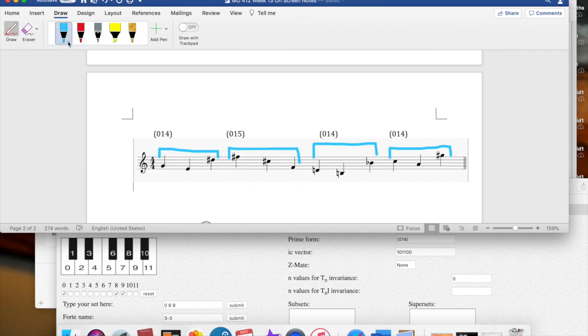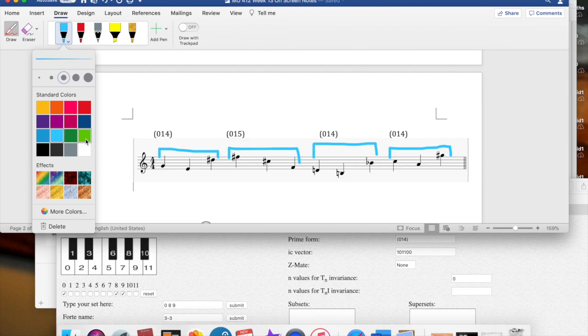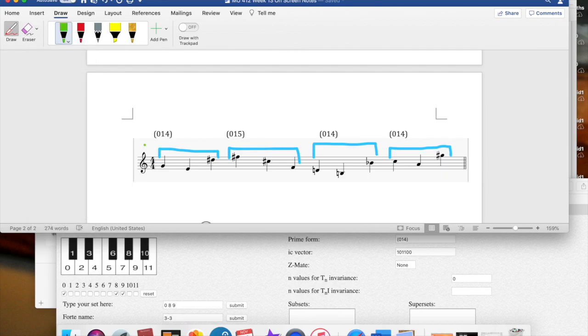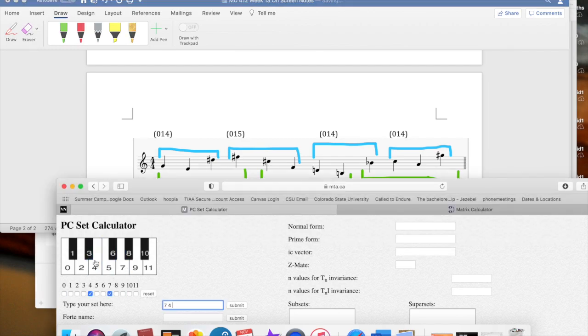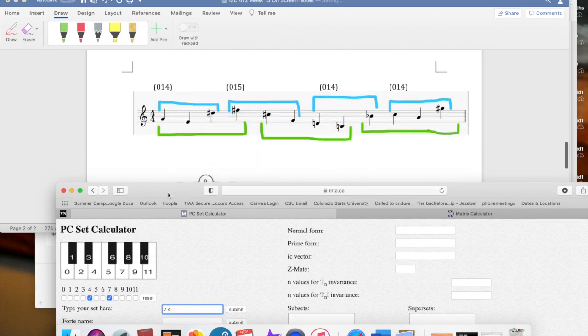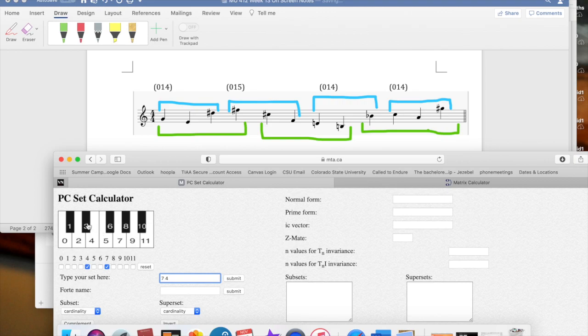So let's pick a different color now. Let's try this light green color and look at the tetrachords, of which there are 3. Okay, and now I will move my cursor back here. So let's go back and do the same thing. We've got G, E, D sharp, and F sharp together. We have 034 now if we combine those.